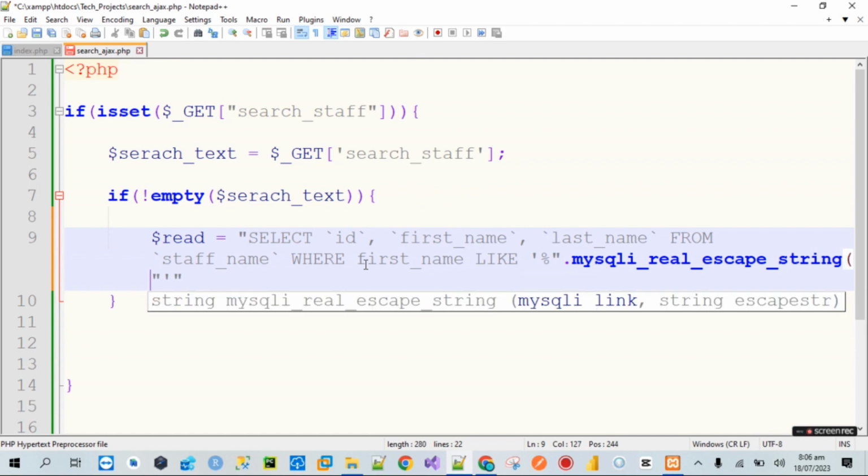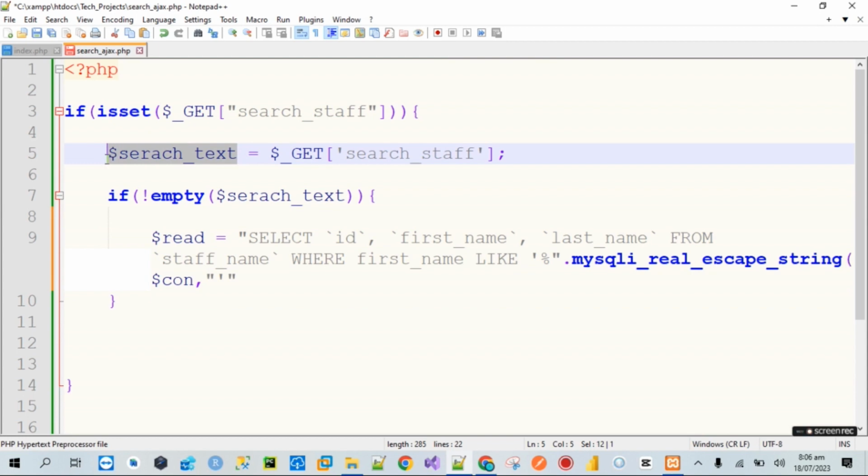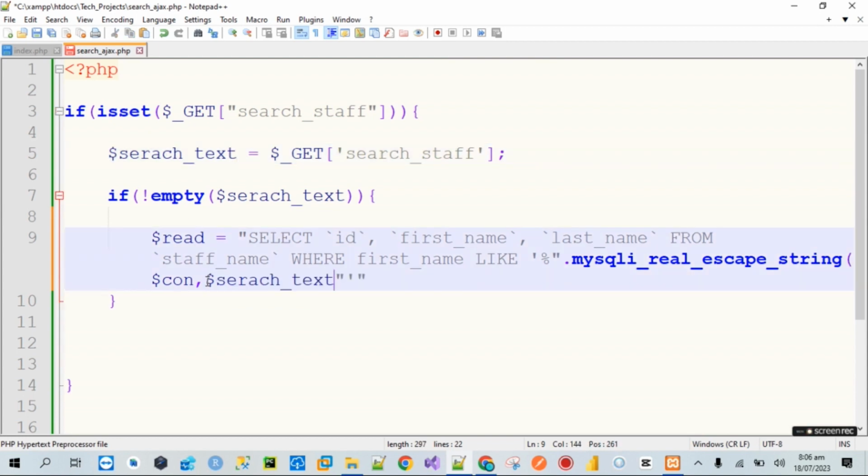All right, after which I've done that, I'll open a round bracket. I say $con. We are going to define our connecting string, but we haven't done that. And what we are searching with, we are connecting it to our variable, which we have defined here like this. Okay, I'm going to close it like this, and after which I will come here and concatenate it, then put the ampersand sign in between here. Good. Now we've done that, we will now say or